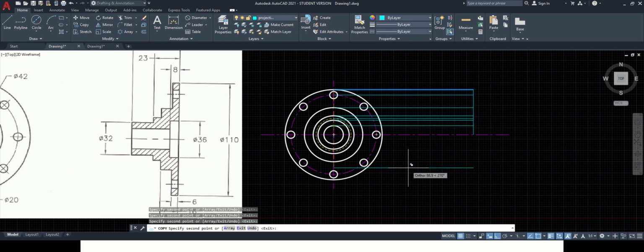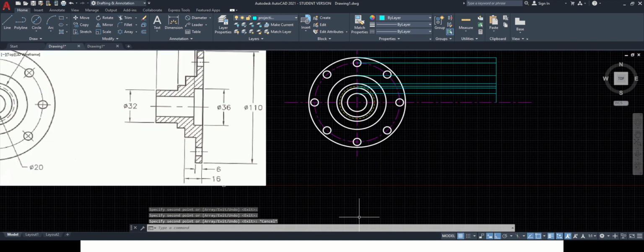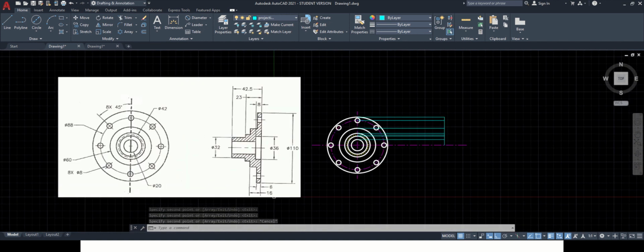So all the projections we have taken, I guess. Yes. So we are done with taking the projections. Now we have to read the dimensions and go for the drawing. What I am planning to do is I will draw this half portion and then I will take the mirror of that. So how much is the distance over here?